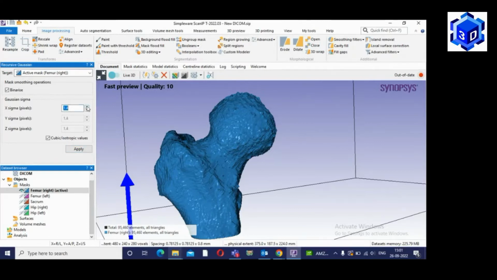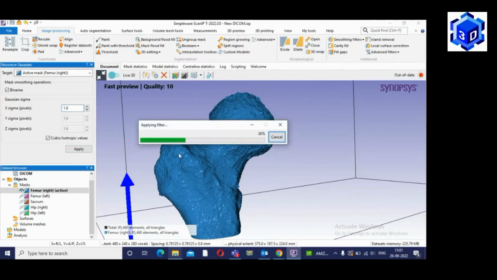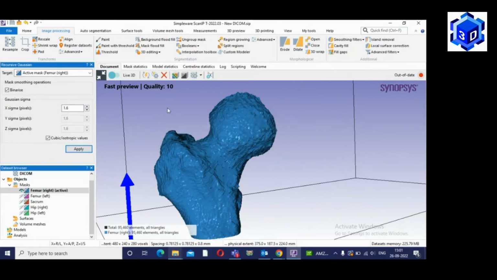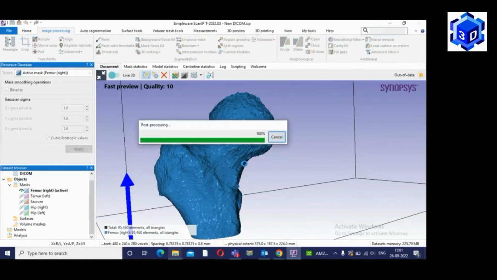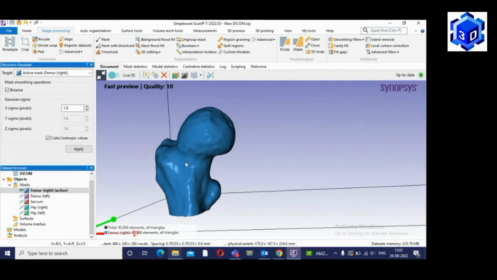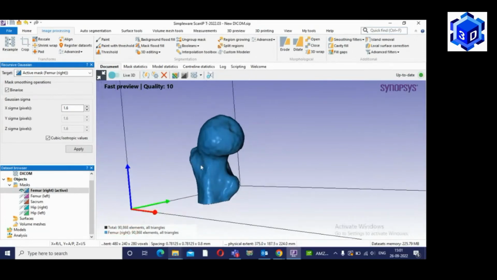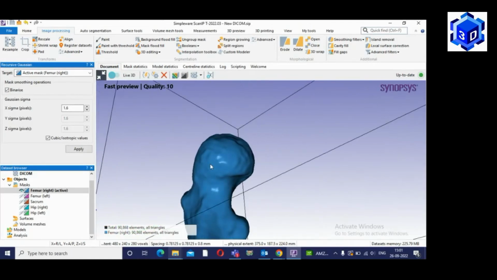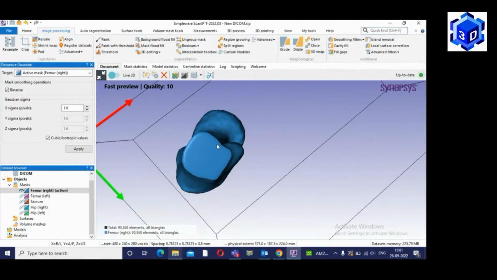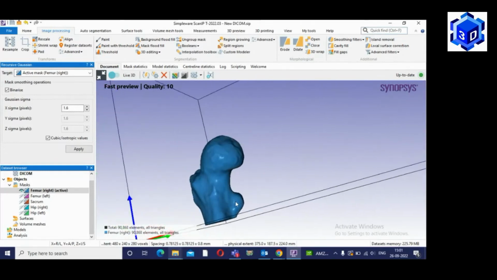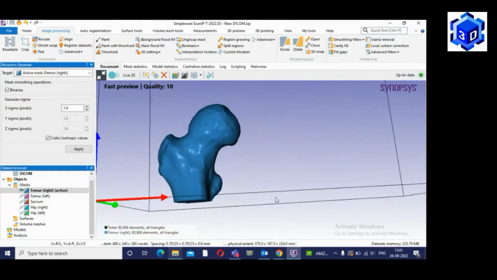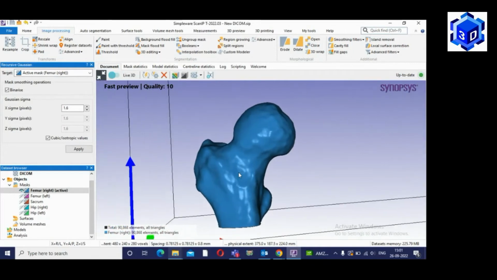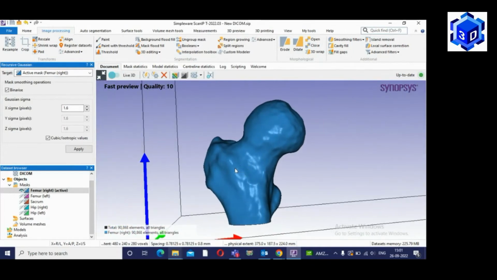So when I apply the intensity 1.6 in this particular structure, let's say, you can see the smoothing of our femur is done. So you can see that as well. So the solidification has been done. The structure has been smoothed very cleanly, and now after this,